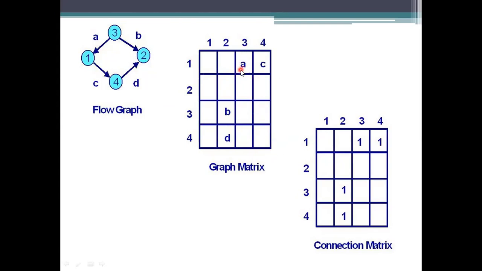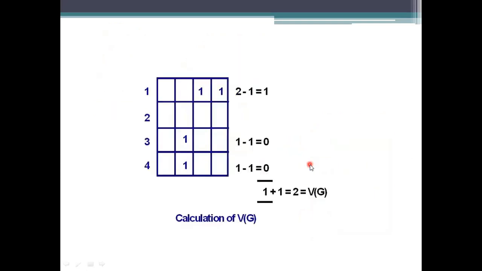If you make a mistake here, it will be affected here also. To make sure it is the correct one, just follow the flow graph you have. You can cross check and say that this is the correct one. If any modifications have to be made, you can make them from the graph matrix and the connection matrix also. And this is the calculation of the cyclomatic complexity of this one, which equals 2.